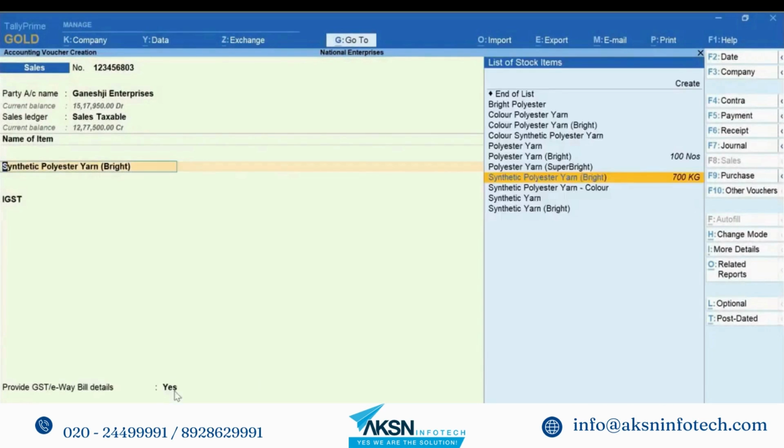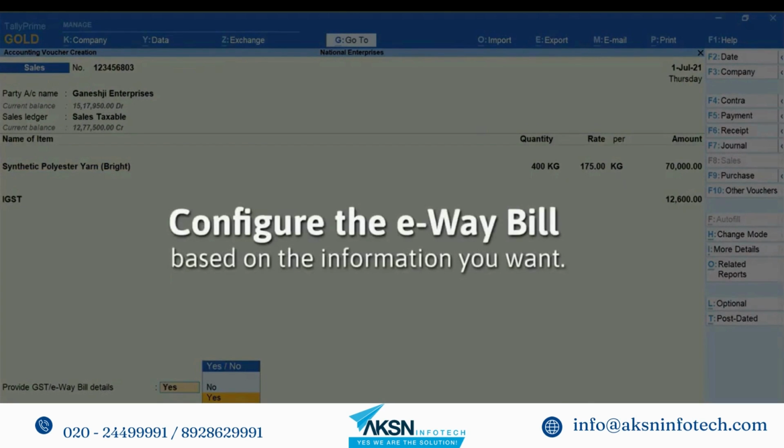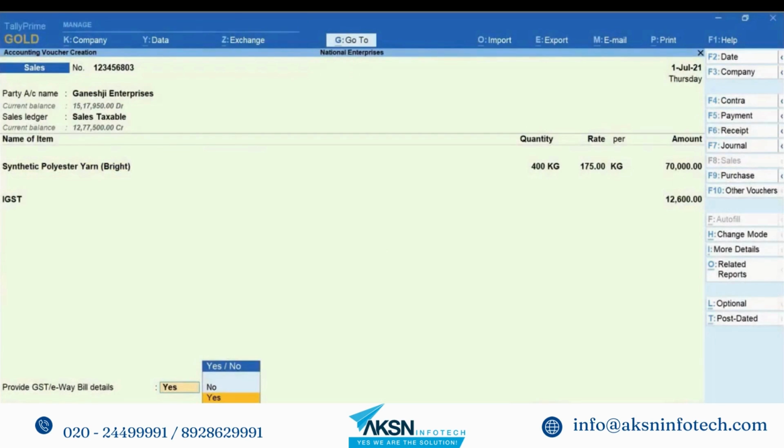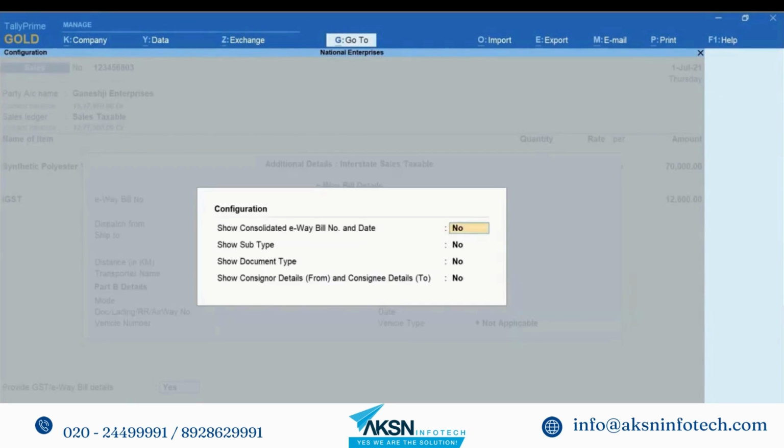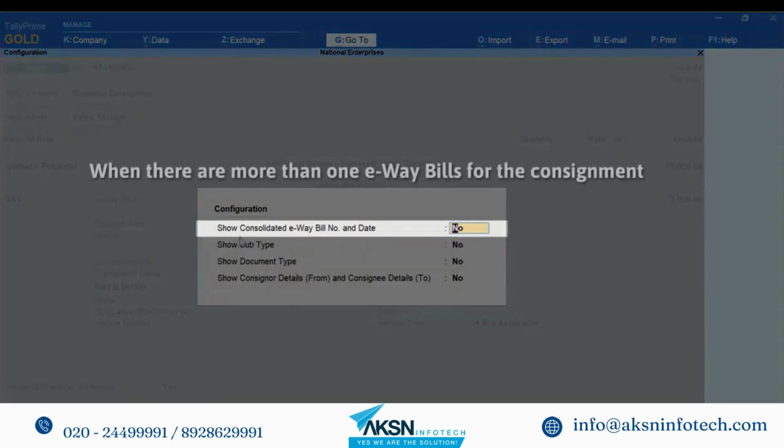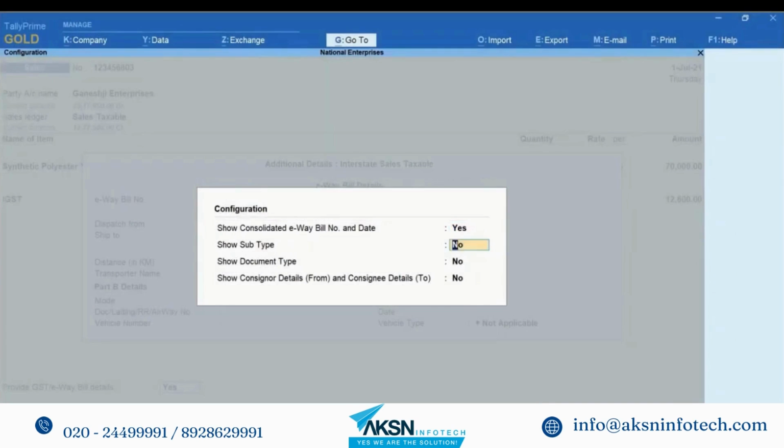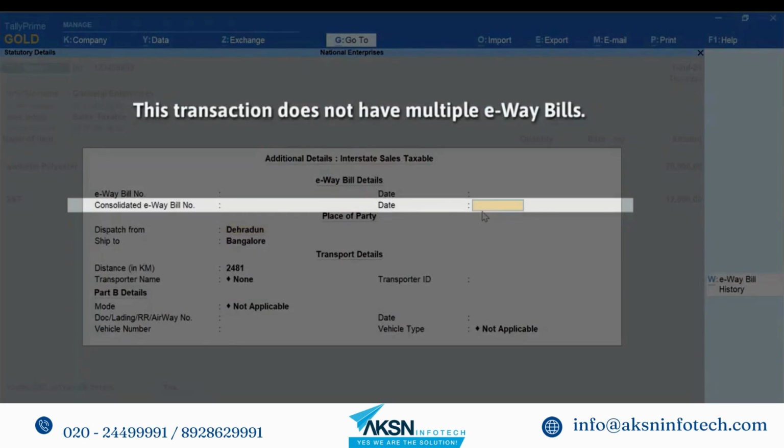आप अपनी आवश्यक जानकारी के अनुसार भी ई-वे बिल कॉन्फ़िगर कर सकते हैं। F12 दबाएं और कॉन्फ़िगरेशन स्क्रीन दिखेगी। यदि कंसाइनमेंट के लिए एक से अधिक ई-वे बिल्स हैं और आप सारे ई-वे बिल्स की जानकारी इनवॉइस में दिखाना चाहते हैं तो शो कंसोलिडेटेड ई-वे बिल नंबर एंड डेट को यस सेट करें।